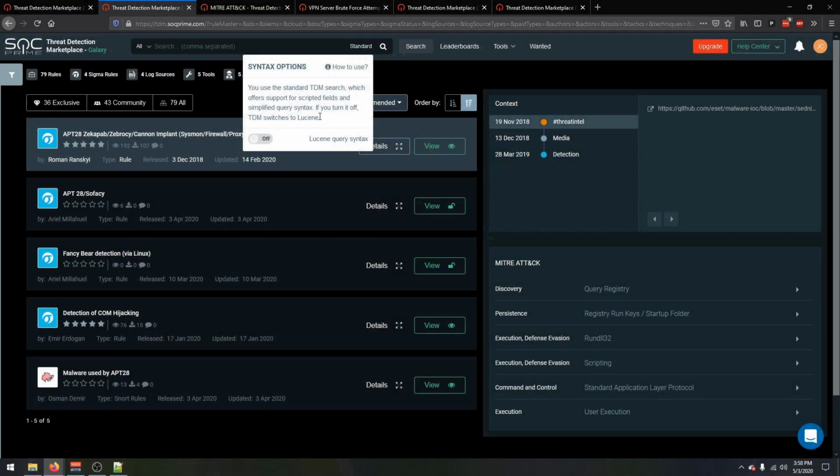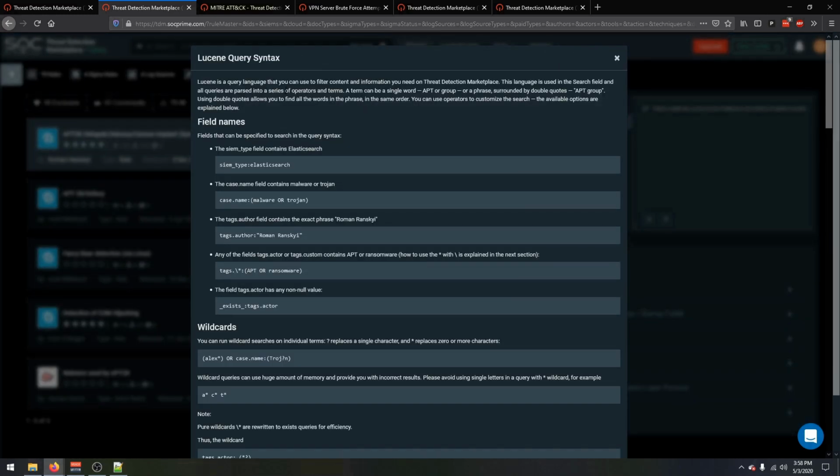Sometimes, though, you might want to do a more specific query and utilize some advanced search logic, and that's where the Lucene query syntax comes in. If you're not familiar with Lucene, this may not be a feature that you will want to use, but we do have some information about how to use Lucene here in the how to use a Lucene query syntax